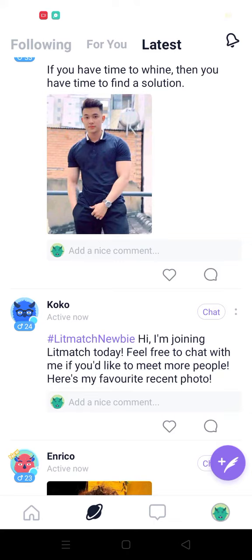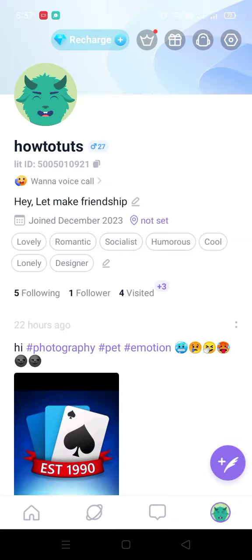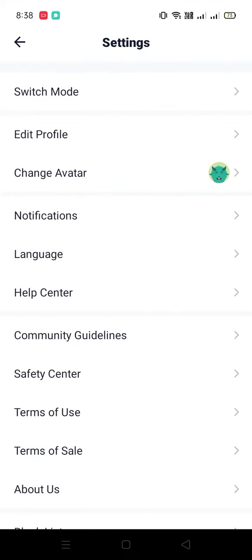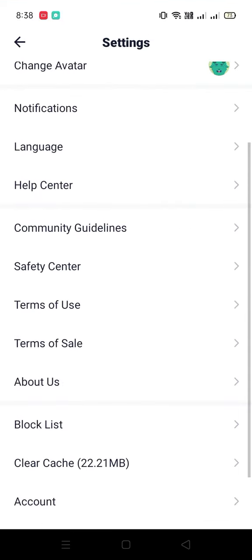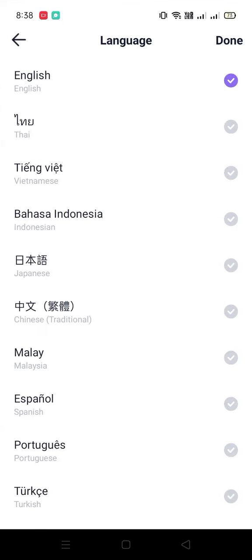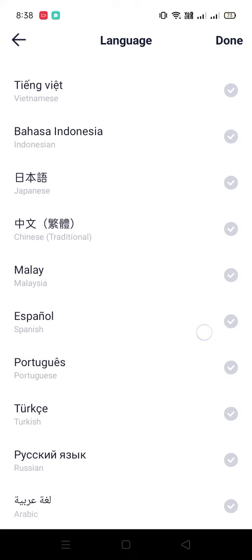So here I can see the profile icon, right bottom corner on your screen. Simply tap on that, and after that you can see the settings icon in the top right corner. So simply tap on that, and after that you can see Language. So tap on that, and there are some fixed